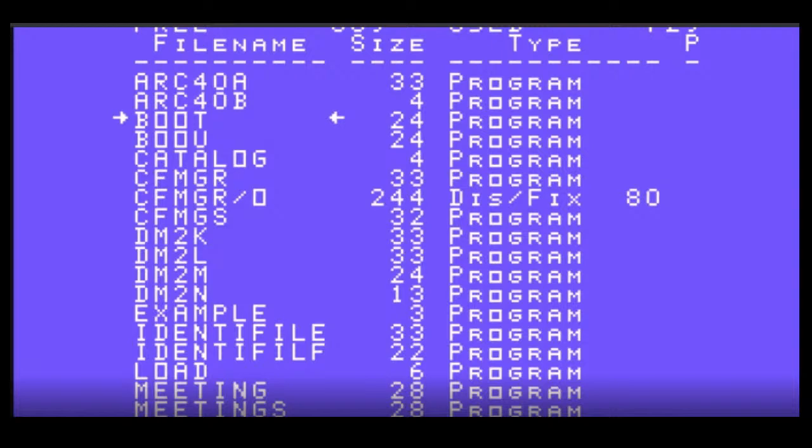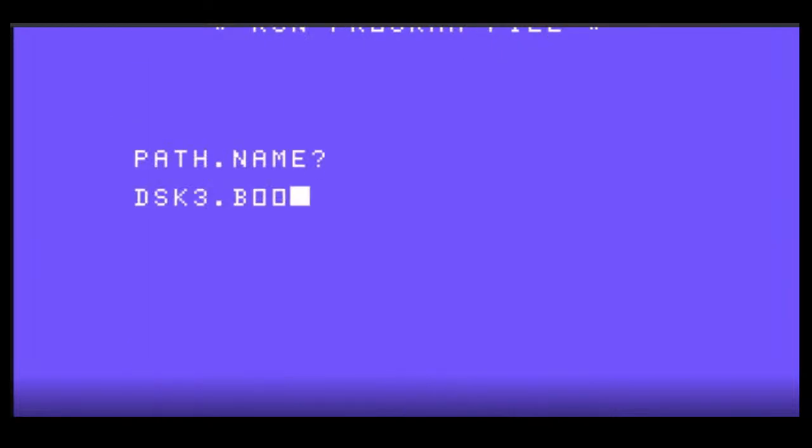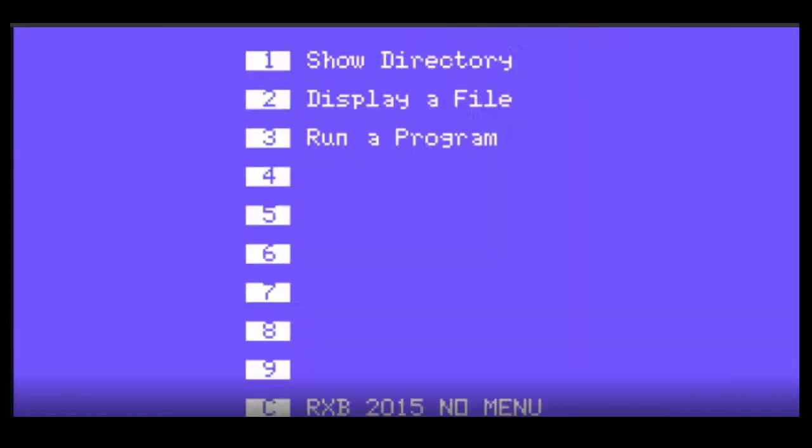So here's our old friend Boot, which is a menuing program. The advantage of Boot is you can always show a directory, display a file, which means you can show a text file on the screen, or you can run most programs.